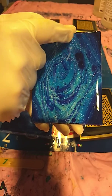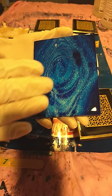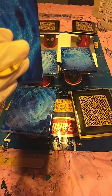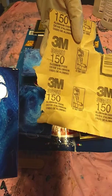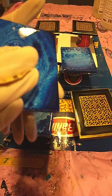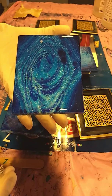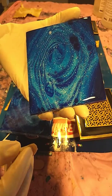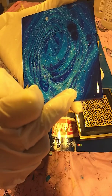So for this, we just take, I am taking 150 sandpaper, which can be found at any local store. I bought this pack for about $4 and some cents from the Walmart. So this place here, which I see as a defect, I would just sand this a little hard